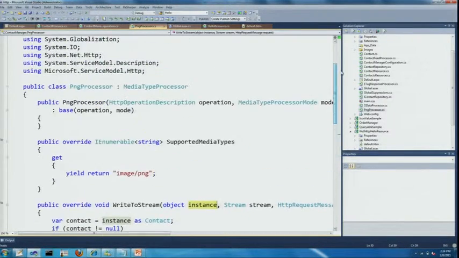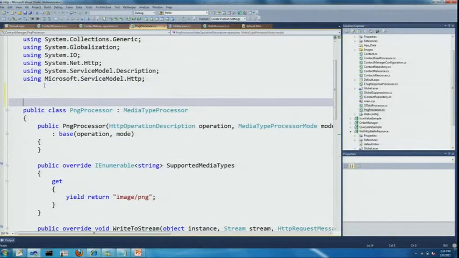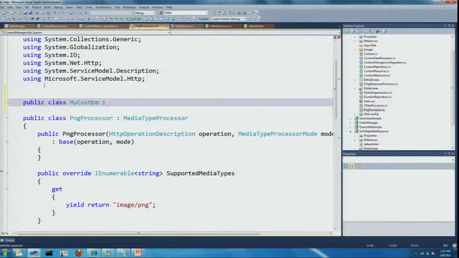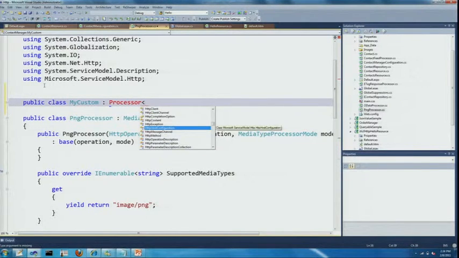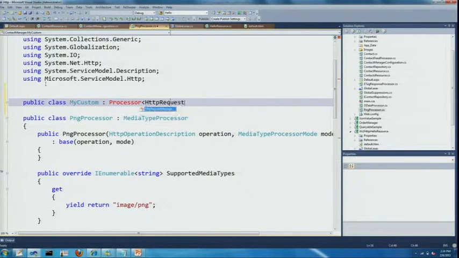But processors are way more open than that. This is a special type of processor, but you can do things like simply take input values, for example. Like you could at this level say, I'm going to process an incoming message and I'm going to output, let's say, a string. And the way I can do that is I have this processor base class, where I can say that the incoming value here is an HTTP request message, and the outgoing value is, let's say, a string.